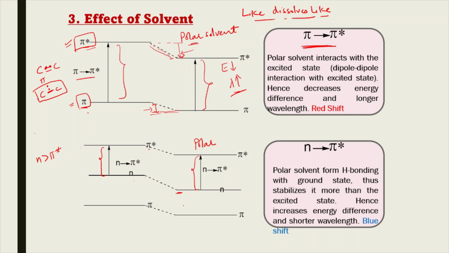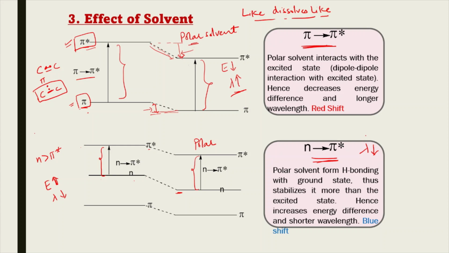Now we can see that here energy required is more in polar solvent, so lambda is less. So lambda max becomes less in the polar solvent. So for n to pi star transitions, the lambda max value is decreased with the increase in the polarity of